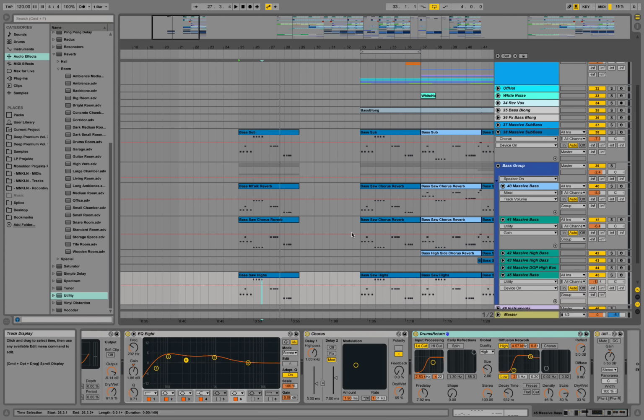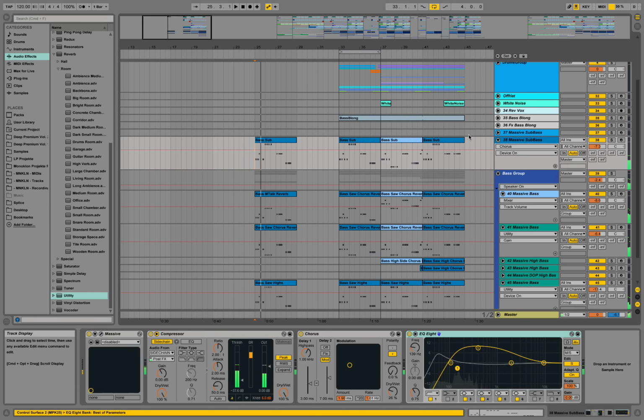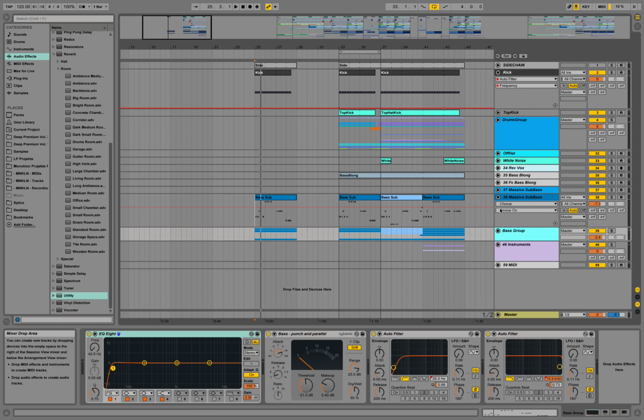Can play around a lot. For now, we're happy with this part. Let's have a look at the global effects on this group. We still have a low cut over here. We are putting all the bass layers we just had a look at